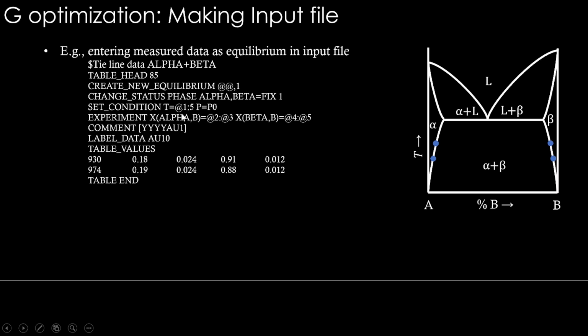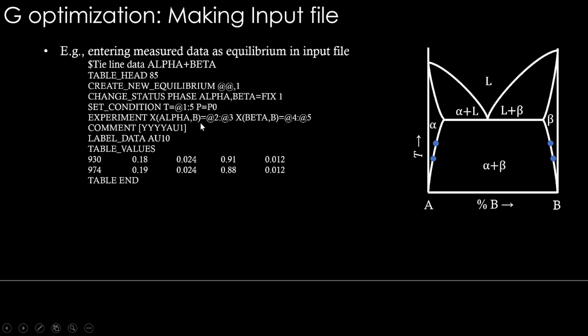Therefore we will enter temperature as the condition. Temperature is equal to @1. @1 means that in the table below, the first column is the temperature value. Okay. Then :5 is the standard deviation for the temperature values. So this 5 is the error value for this temperature. Then pressure equals P0. This P0 is assigned well before starting the entire POP file in the very top. I have not entered it here. This P0 is the atmospheric pressure, let's say. Okay. Then experiment value. So the observations are entered here.